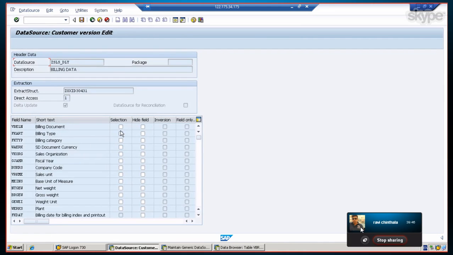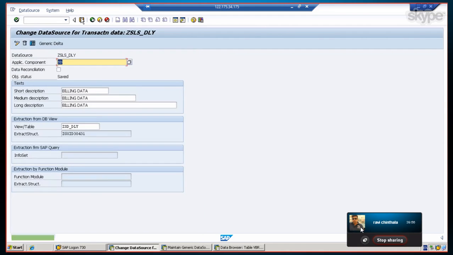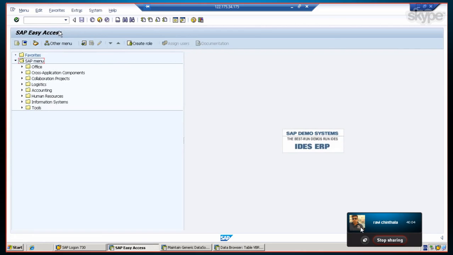And then you have to select some selections: fiscal year, company code. So we are good to go. When the extract structure is generated, then it means that our data source is generated. So you can see that in RSS6,